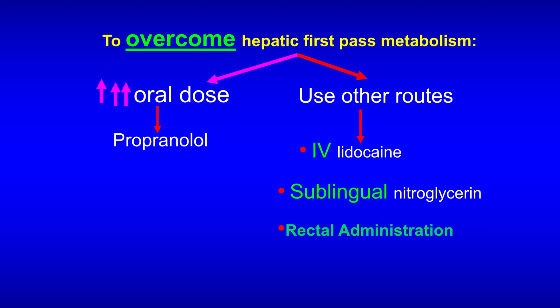To overcome hepatic first-pass metabolism, there are 4 primary strategies. Increase oral dose. This approach is used for drugs like propranolol, where the dosage is increased to compensate for the loss during first-pass metabolism. Use other routes, intravenous administration, for drugs like lidocaine, bypassing the liver entirely by direct entry